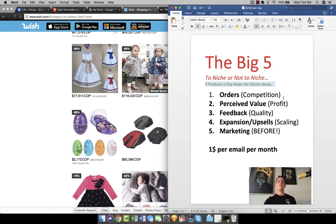And what I mean by 5 products a day keeps the doctor away, and I'm trying to make these all in a little idiom so you guys actually remember them, because they're very, very important. And I know they're silly, but 5 products a day keeps the doctor away. What I mean by this is the people who are going to be successful with Shopify are people who understand the importance of testing 5 products a day. And what I mean by testing 5 products a day is literally importing them from AliExpress onto your